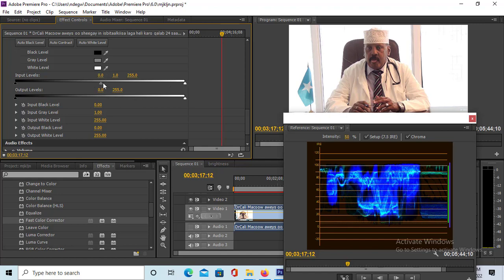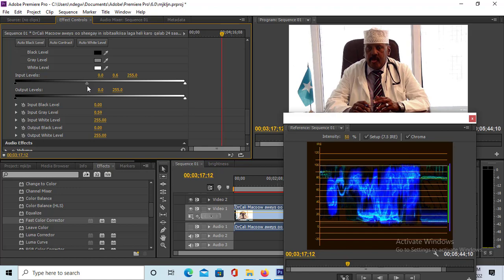and in between is the gamma, which you can move towards the left or the right depending on how your footage looks. For me, I'll go towards the right, because the footage is clearly very, very bright. It is overexposed, so we need to darken it a little bit without distorting or changing anything in the footage. So what you need to do now, it is at 0. When I push it towards my right side, you can see